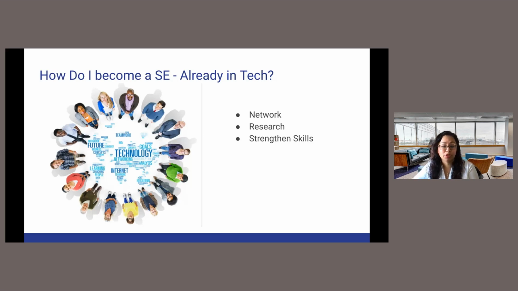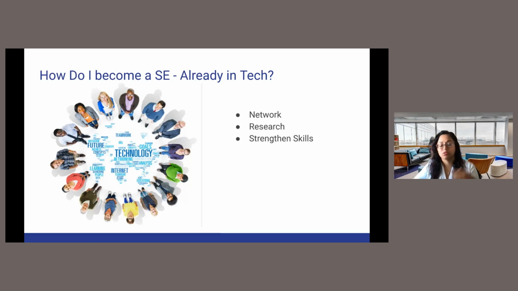Volunteer. Take an opportunity to volunteer with a project that will require problem solving. Do more presentations. I have met some individuals that are introverts and have a hard time with presentations, but are great with communication and great with technology skills, but the presentation is a little rocky. They start working on it. It's muscle memory. That's all there is to it. So do more presentations so that you can get there.